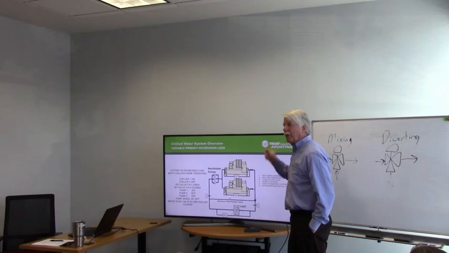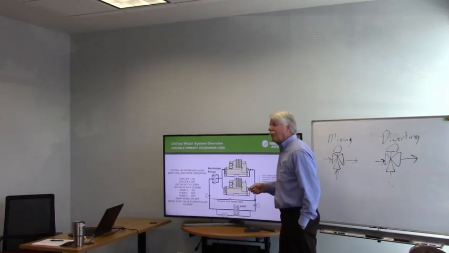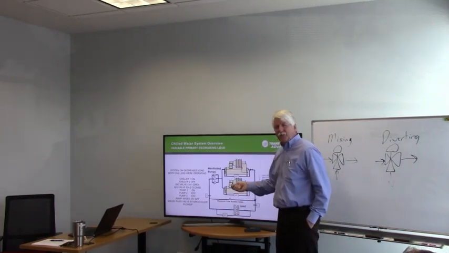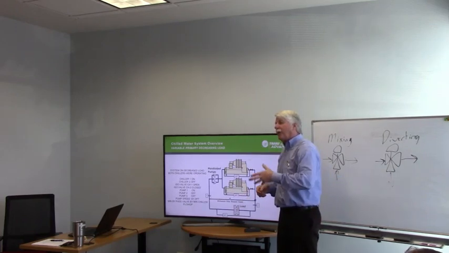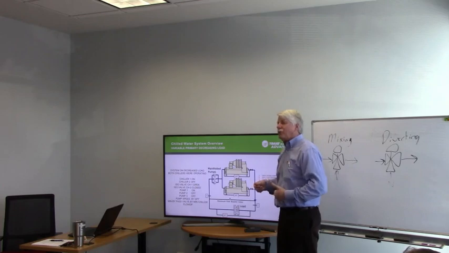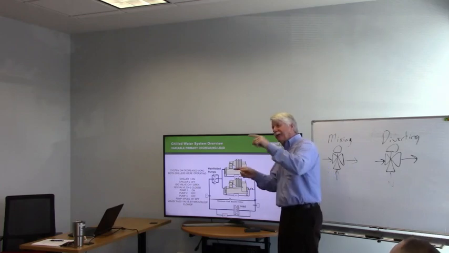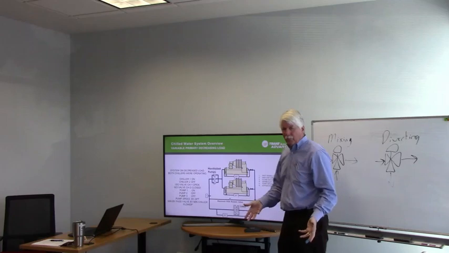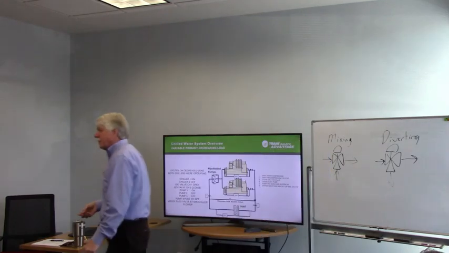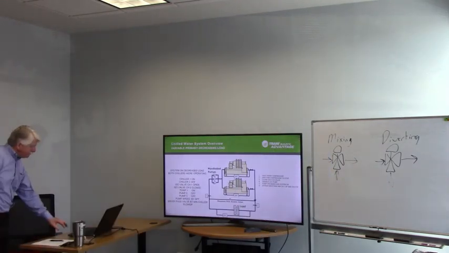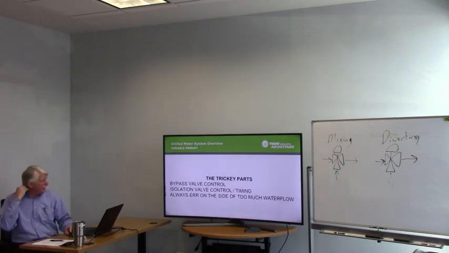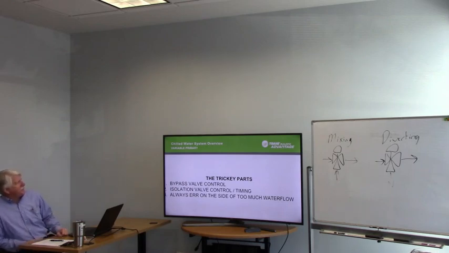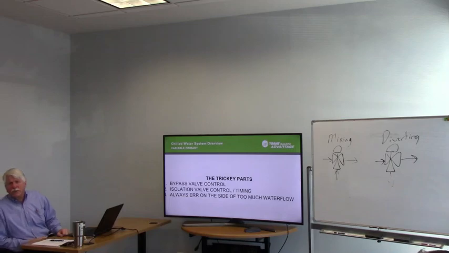But the real problem we always have with chiller plant control is starting the lag machine. Because if you don't have enough water flow through the pump, or your valves operate too quickly, you end up splitting that flow and you lose the chiller on a flow loss. Okay, the tricky parts: the bypass valve control and the isolation valve control. Those are the two things we have to spend a lot